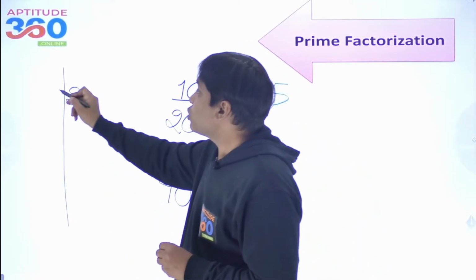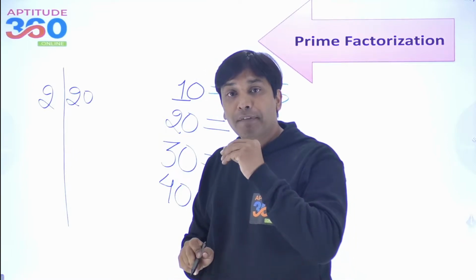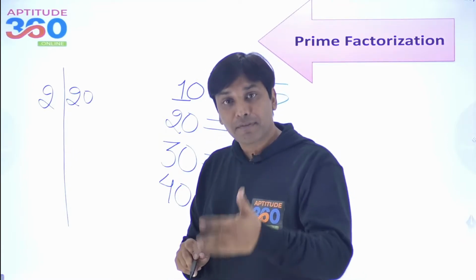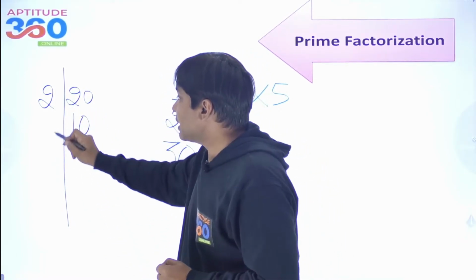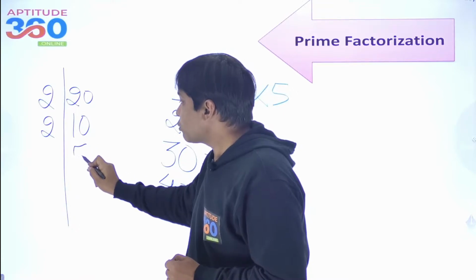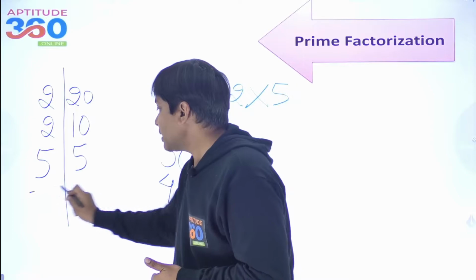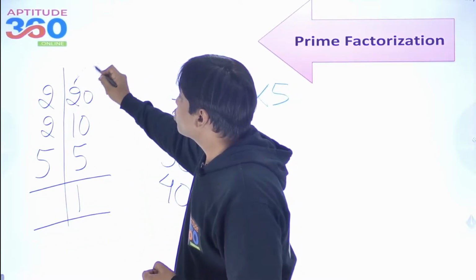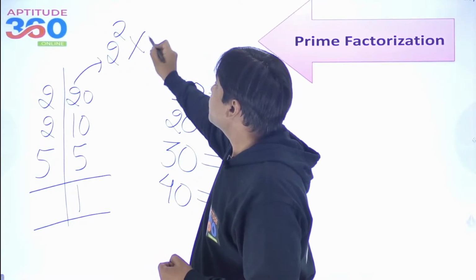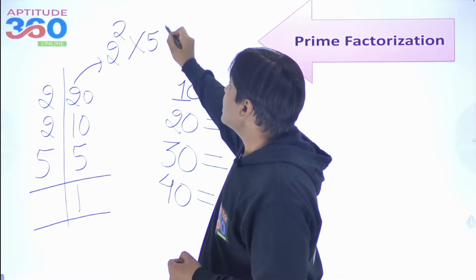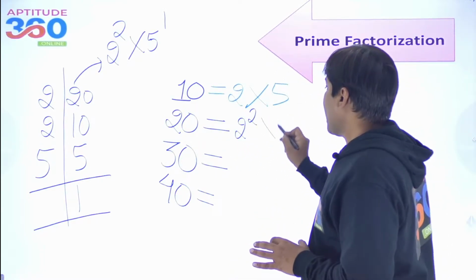If you do the prime factorization of 20, what am I trying to say? Prime factorization is you start with 2 here, then the next prime number is 3, then 5, then 7. That is how you do it. So if I do this, this is going to be 10, and further it can be divided by 2, and I'll be doing it one more time. So the prime factorization of 20 comes out as 2 to the power 2 and 5 to the power 1.